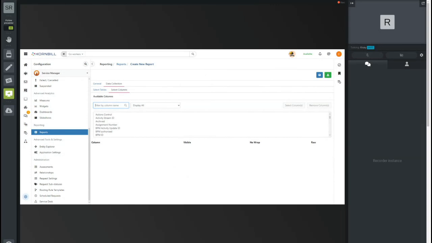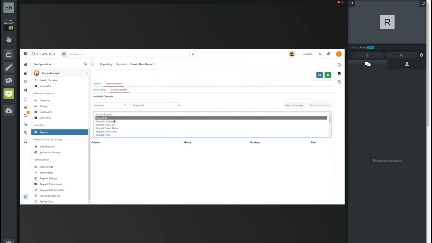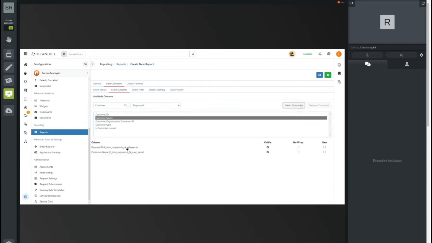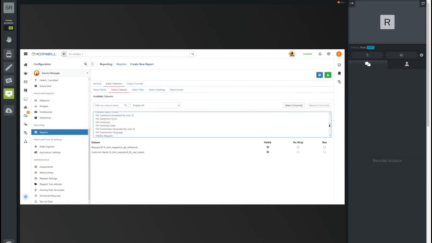type in the column name. So in this case, I might want the request ID as my first column. I just simply select the column and then click select column, and it'll appear at the bottom of the screen. Okay, so I might want to put the customer name. Bring that over. Okay, you can also select multiple columns. So let's say, for instance, that I want to put in